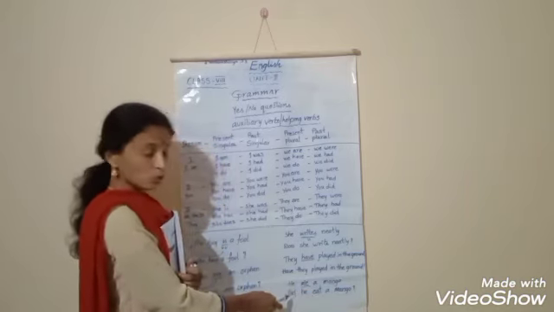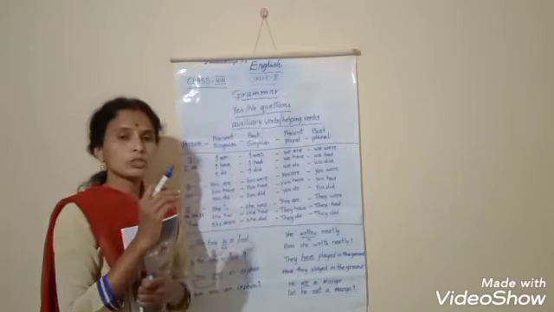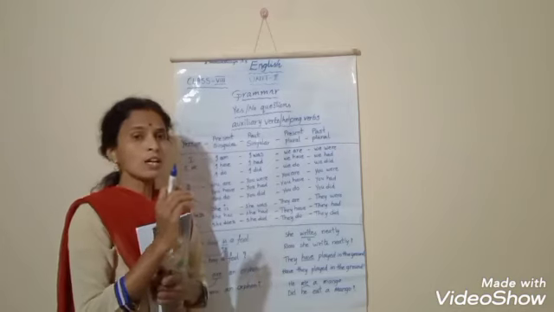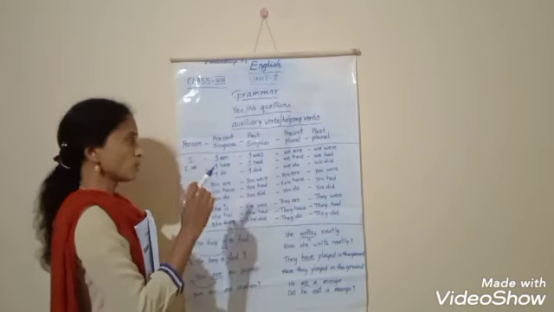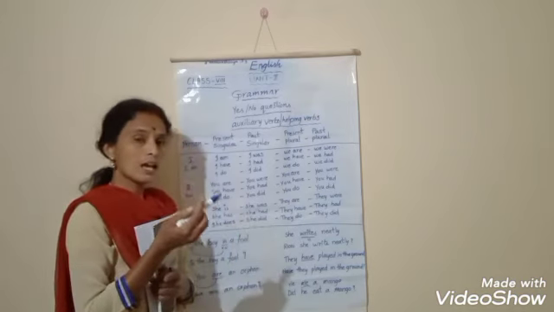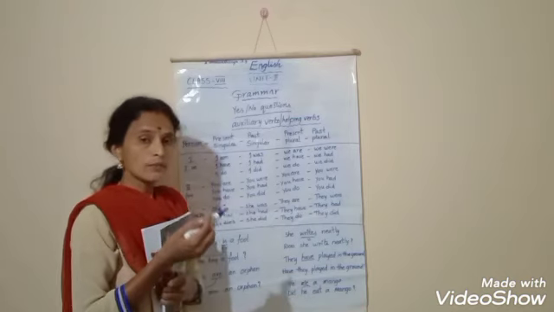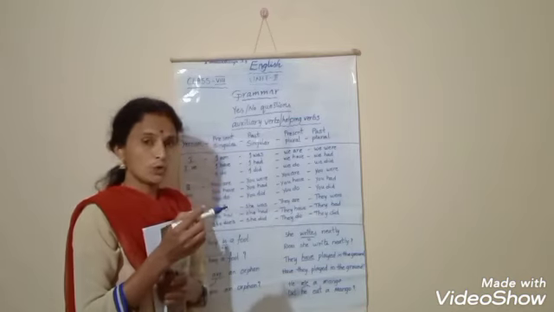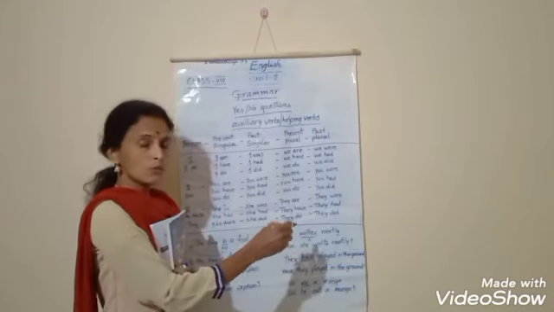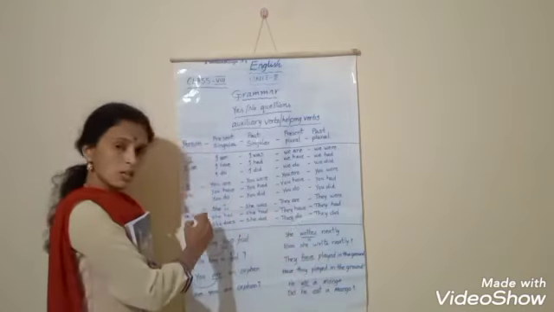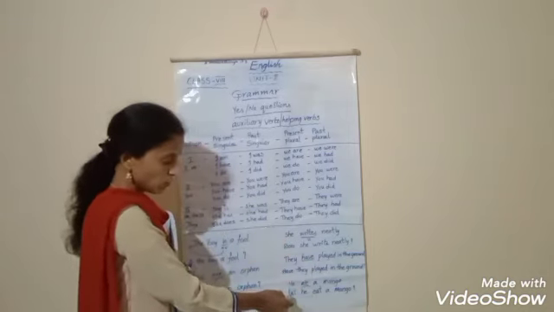So this is how we can make yes or no type questions very easily using the helping verbs. If you do not find helping verbs like is, am, were, was, have, had, what do we do? We just use do forms according to the verb. If the verb is in present form, we use do or does according to the person. And if the verb is in past form, we use the do form did.